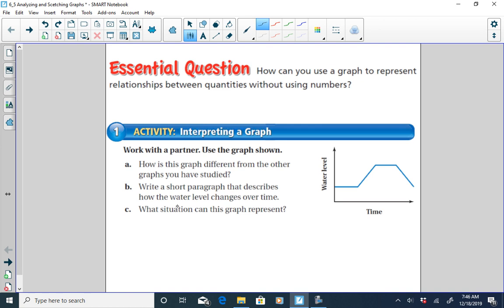Write a short paragraph that describes how the water level changes over time. What situation can this graph represent? Now, you can use your imagination if we're talking about changing water levels over time, whether we're talking about a lake or a pool. I'm going to use the example of a pool. So if we open up a pool, or if we store a pool over the winter, the water level's at a very low level. You don't totally empty the pool because you don't want the walls to collapse, but you have some water in the pool to keep those walls up straight, but